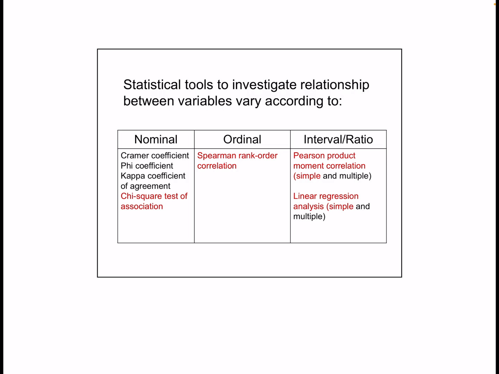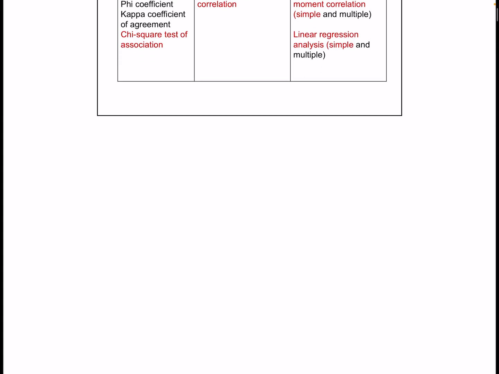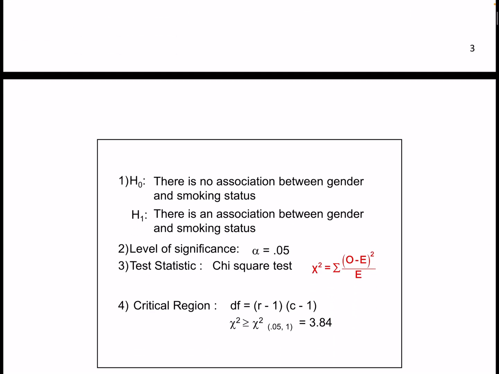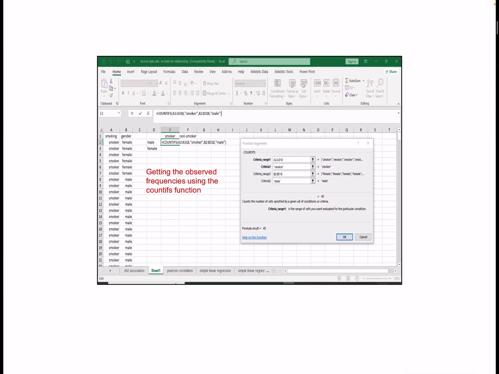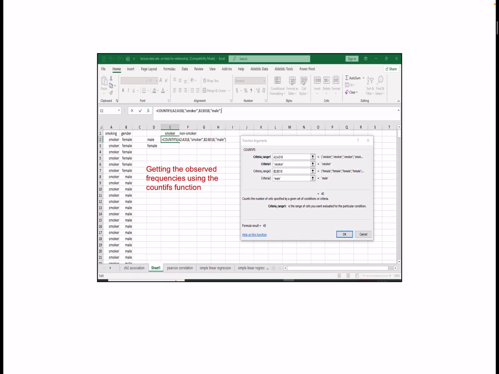Okay, so we have the chi-square test of association, Spearman rank order correlation, the simpler Pearson product moment correlation, and the simple linear regression analysis for this. Okay, so first for the chi-square test of association. Okay, so sa Excel, say for example